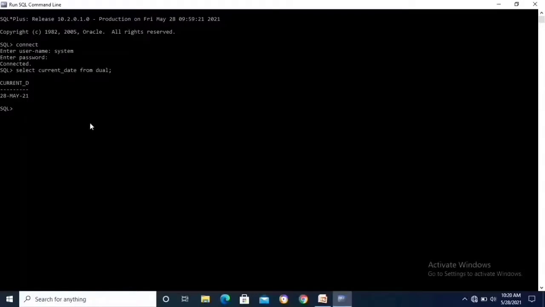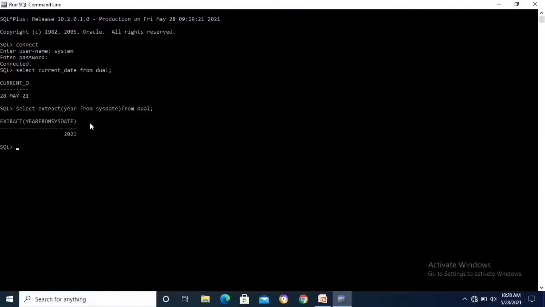Next command. Next command is select extract of year from sysdate. SYS means system date, from dual, semicolon.